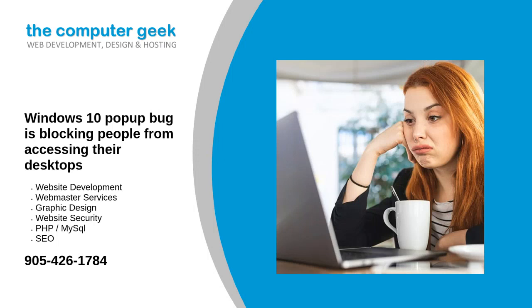Windows 10 pop-up bug is blocking people from accessing their desktops. Windows 10 is popping up a very unfortunate full-screen offer during the setup of a fresh copy of the OS that is preventing users from reaching the desktop. The pop-up panel promotes a free trial for Microsoft 365, but one that'll turn into a paying subscription if not